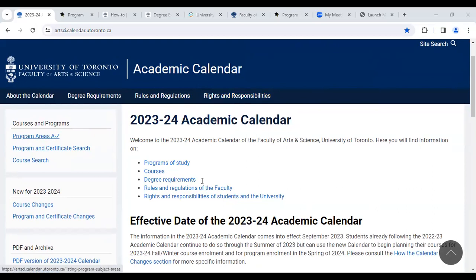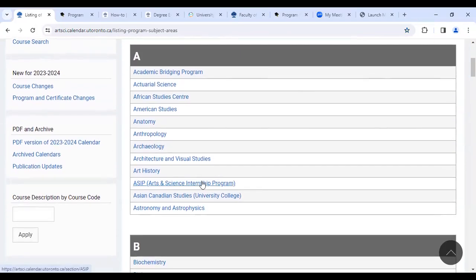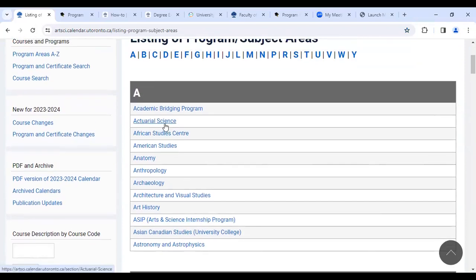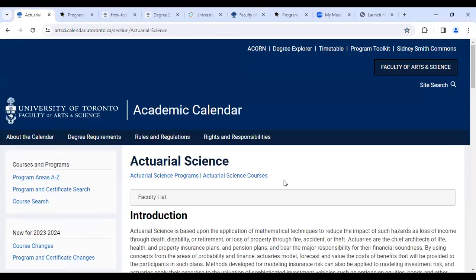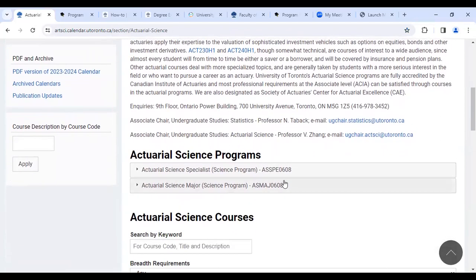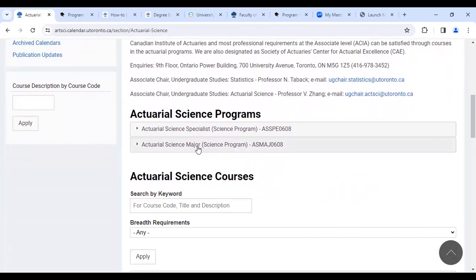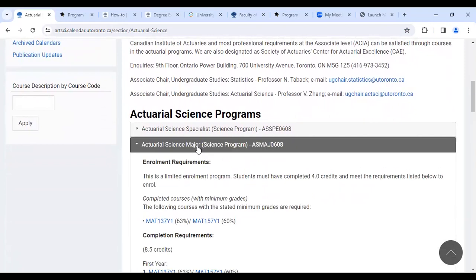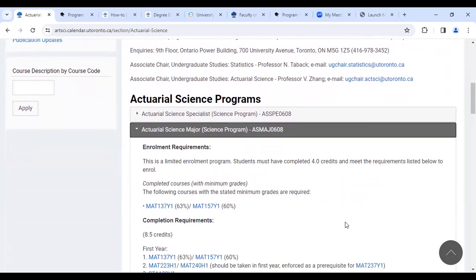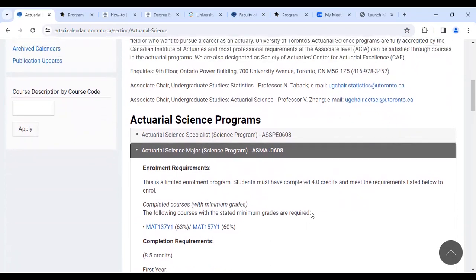And through that, we'll get to see the alphabetical list of all the programs. Through the academic calendar, you'll also get to see the specifications of each of the programs. So for the program you're interested in, you'll get it from the alphabetical list, click on the major or the specialist, or depending on the type of program you're planning to enroll in, and look at the requirements. Again, we'll reference this later on to see how using the academic calendar will come in handy.